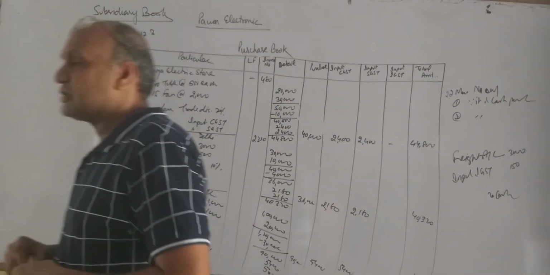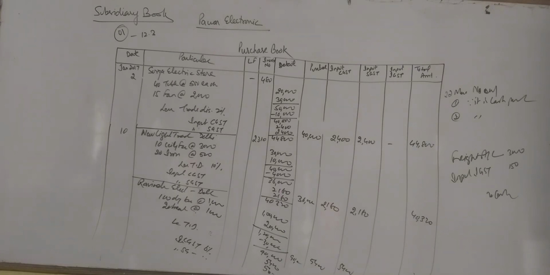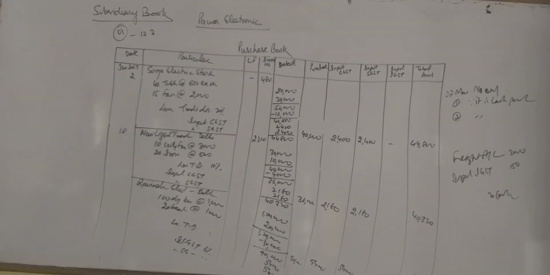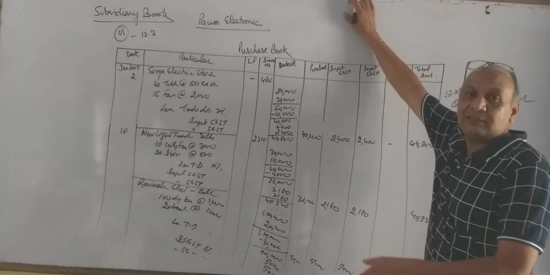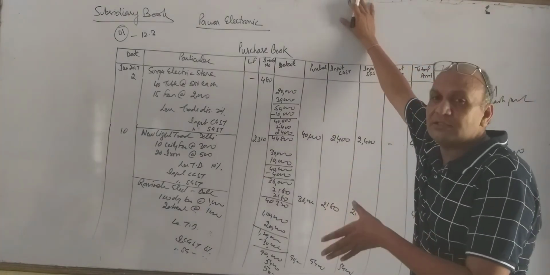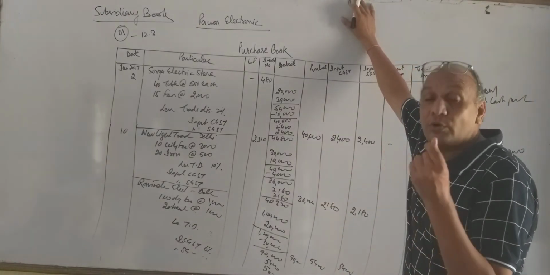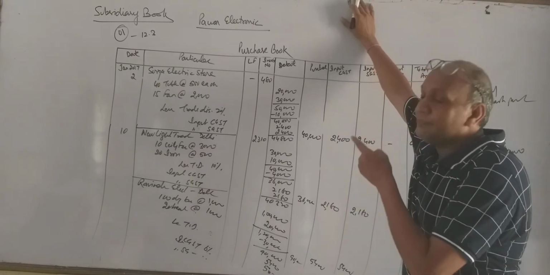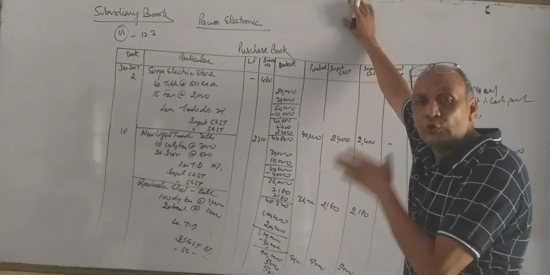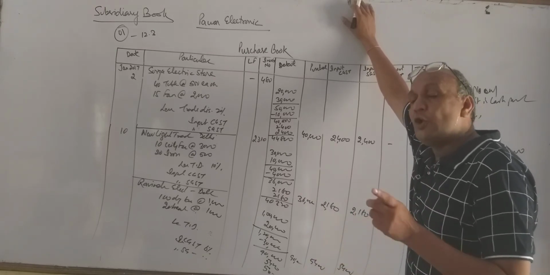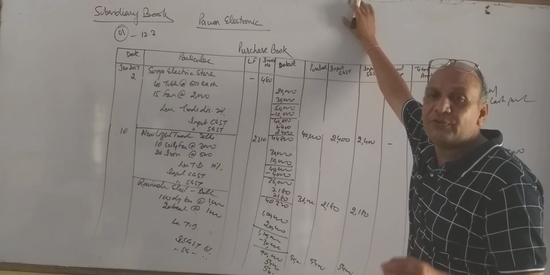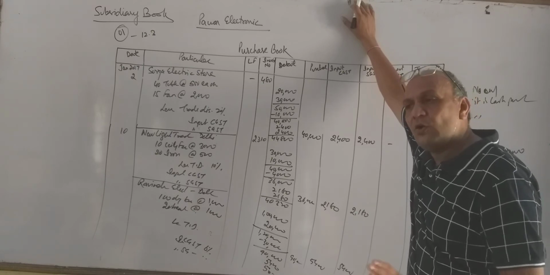So this is the purchase book we are doing today. In this way we will be preparing our purchase book. We will record only which transactions, my dear friends? We will record only credit transactions, and those transactions belong to goods only: credit purchase of goods, neither cash purchase nor purchase of any fixed assets either in cash or on credit.